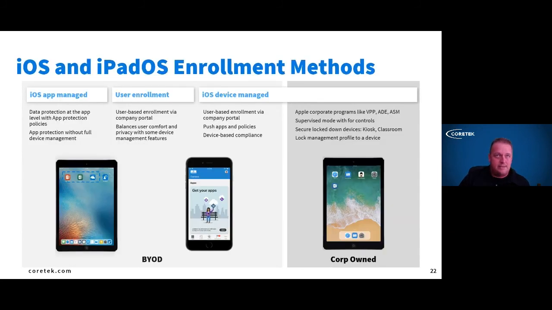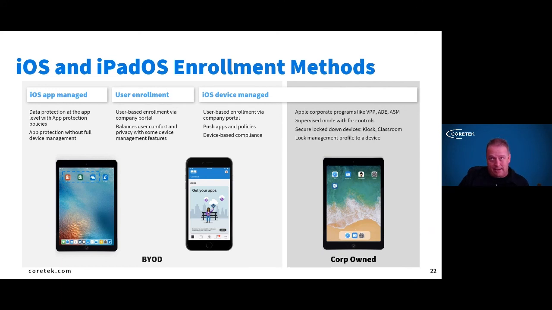From an iOS perspective, this is what I was talking about. If you have a BYOD versus a corporate owned device, if you have BYOD, we have a couple of options. App managed, which we said does not involve enrollment. The beauty of application managed is there is no enrollment. You simply go download Outlook and add in your policy or your account and connect to it like you would from anywhere else. On the back end of that, we're actually protecting that application with conditional access